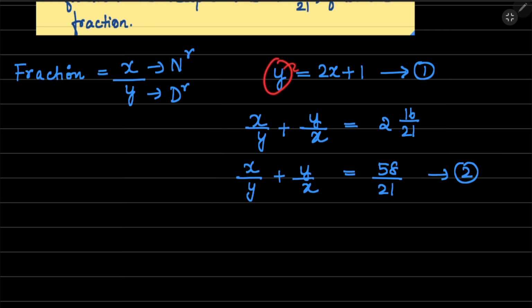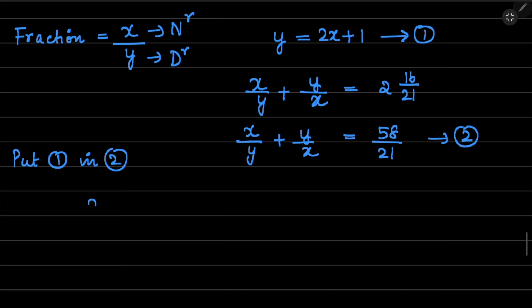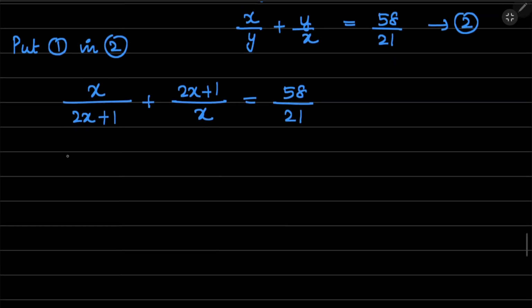So you have y expressed in terms of x. So what you can do is put 1 in 2. So what do you get? X divided by, in place of y I'll write 2x plus 1. Plus, in place of y I'll write 2x plus 1 divided by x, as it is, equal to 58 by 21. Let's take the LCM. So here the LCM would be x into 2x plus 1, just the product of the two denominators. The numerator would be x into x, which is x square,